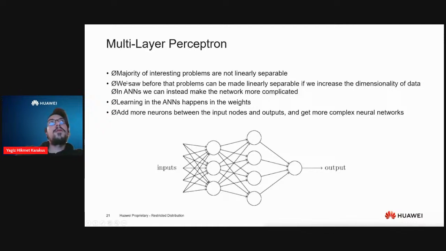So the multi-layer perceptron: the majority of interesting problems are not linearly separable, as you can imagine. So multi-layer perceptrons come in handy in those situations. We saw before that problems can be made linearly separable if we increase the dimensionality of the data. In artificial neural networks, we can instead make the networks more complicated. Multi-layer perceptron learning in artificial neural networks happens in the weights, as I mentioned earlier. So you need to calculate those weights very carefully,